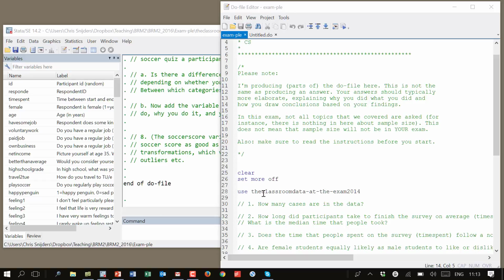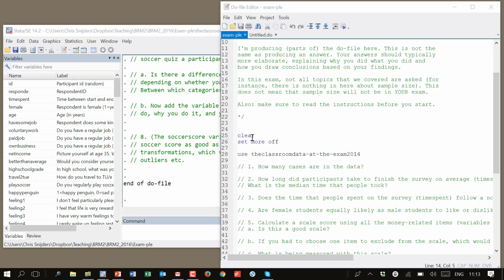In the beginning it starts relatively easy. Oh, by the way, I think it's a good idea in general to start with this, clear and set more off. This will allow you to just keep rerunning the whole thing without having to wait for the scrolling to end. Okay, so this was the classroom data,